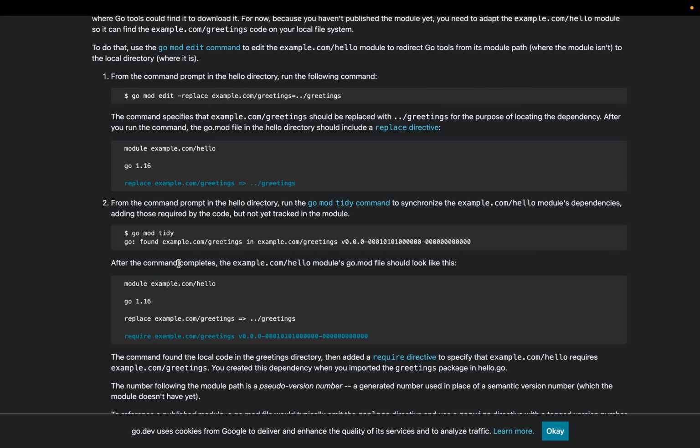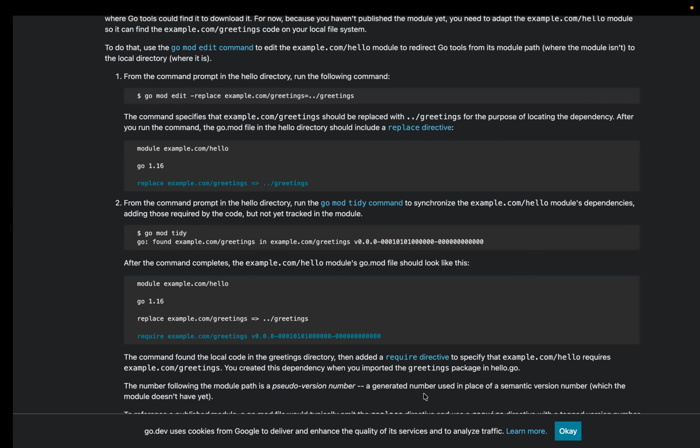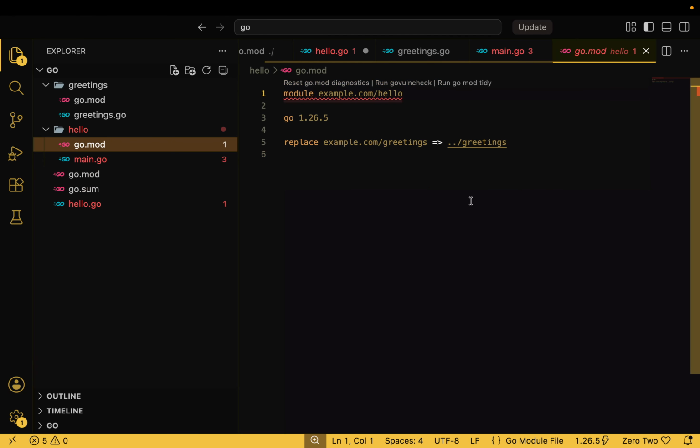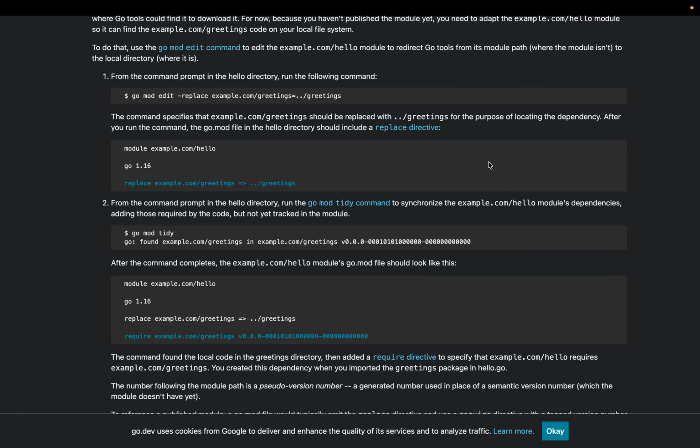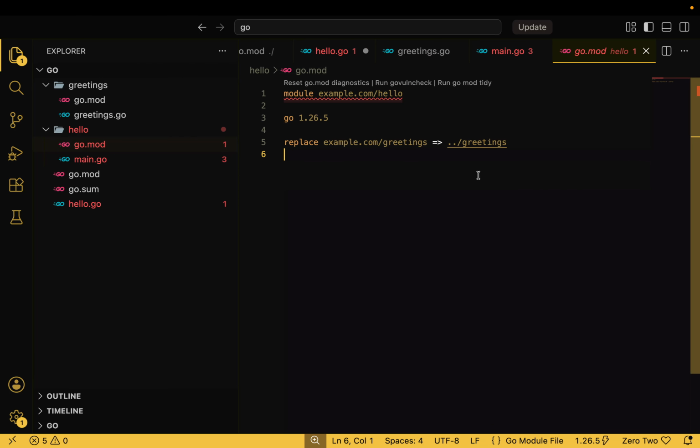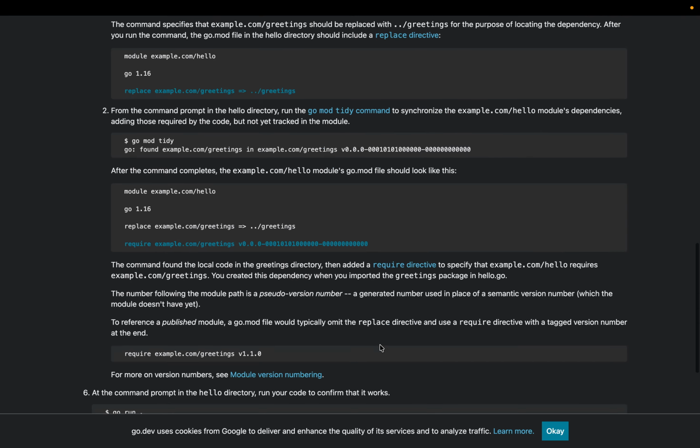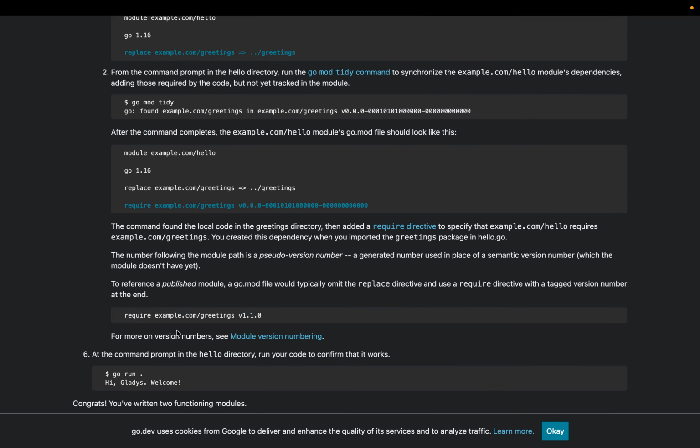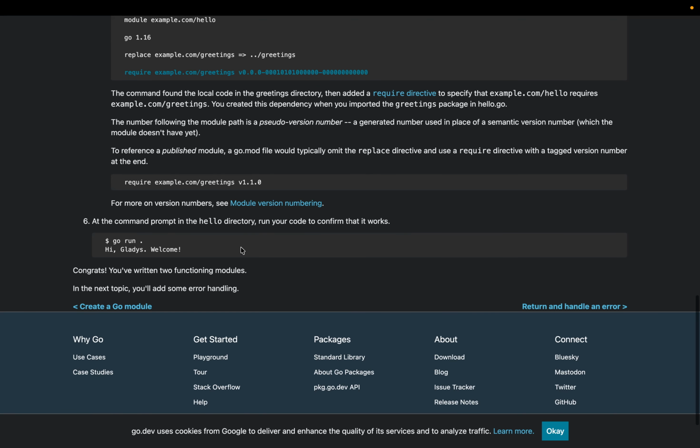Okay, let's see if there are changes to our go.mod file. Okay, there was a change to our go.mod file. And then we're going to say, okay, the command found the local code in this, then added the require. Okay, and then the number following the path is the pseudo version number. Okay, to reference this, we typically omit the replace and use the